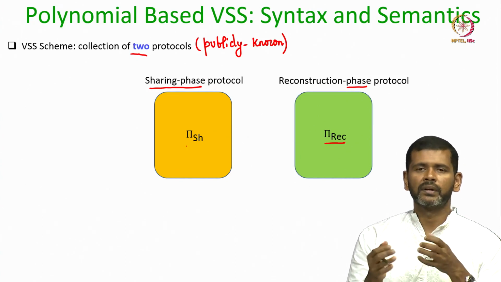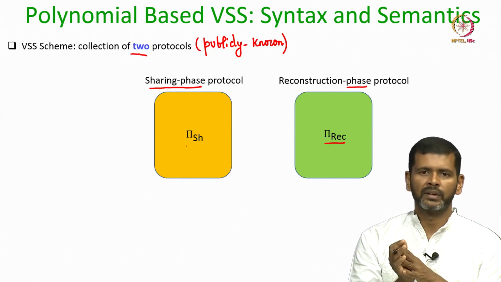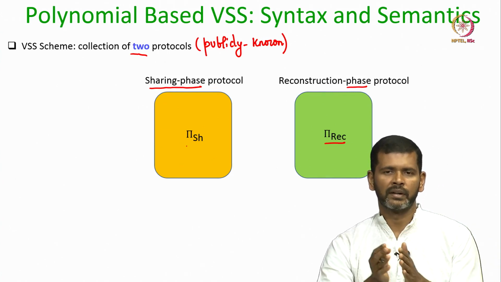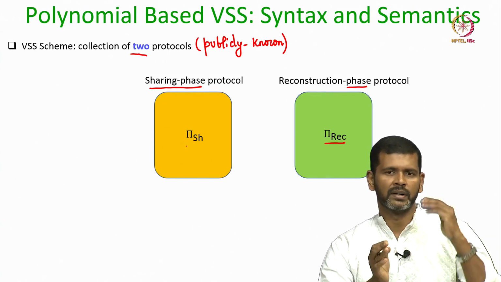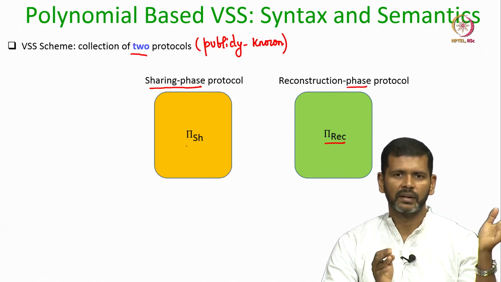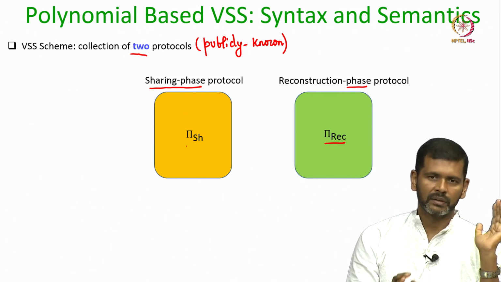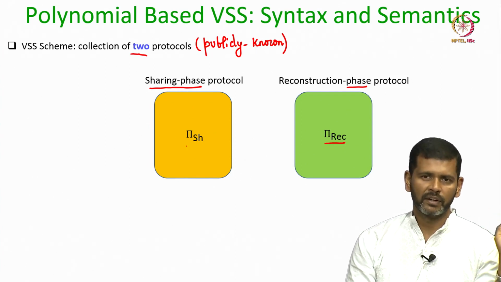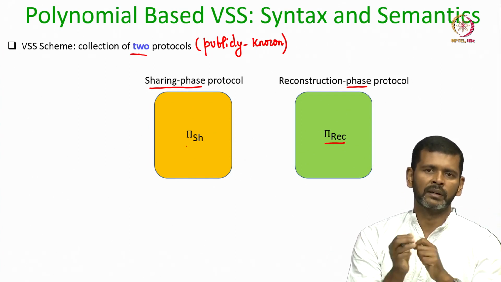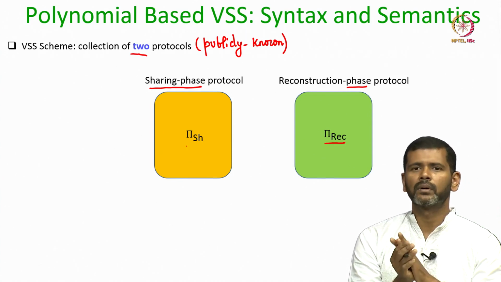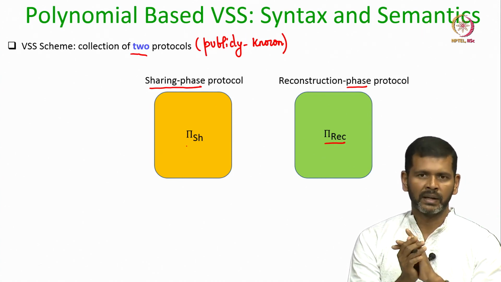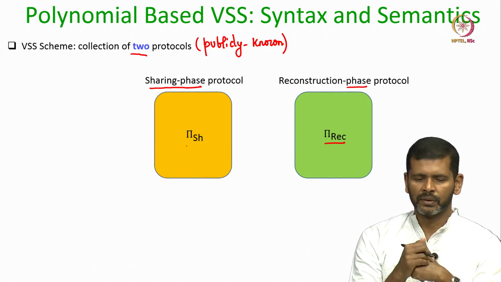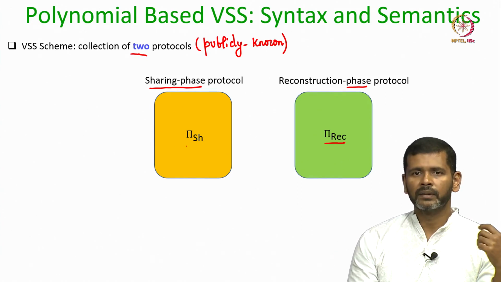Depending upon your underlying application where we are using the VSS, there may not be a gap between the sharing phase and the reconstruction phase. So, for instance, the dealer goes and shares the secret, verification happens, and once it is confirmed that verification is successful, the parties go and immediately run the reconstruction protocol to reconstruct the secret. We may have an application scenario where this is the way VSS is used, but in general for the MPC,